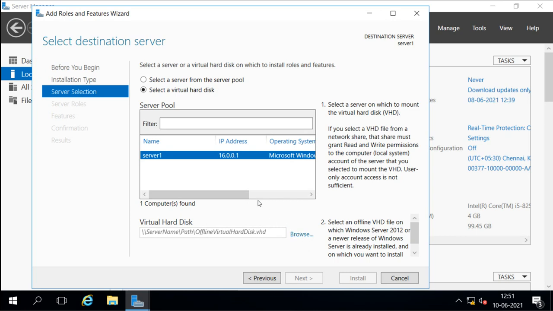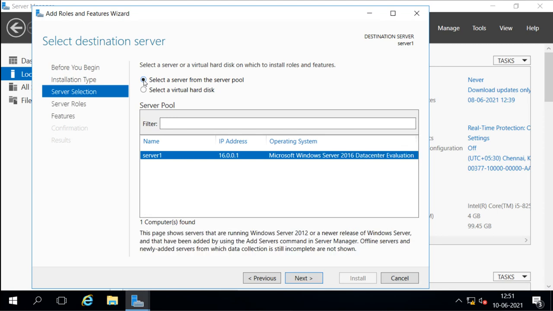It supports both, but I don't have any, so I will always go with selecting by server, directly installing on the running server. Right now we have only this local server, so I will install the services on this local server. Now next,